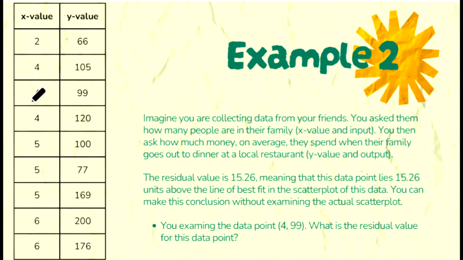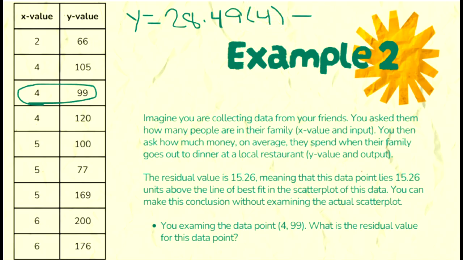So now let's do 4 and 99. Okay, so we have y is equal to 28.49 times 4 minus 6.42. Let's grab our calculator. 28.49 times 4, 113.96 minus 6.42 gives us a value of